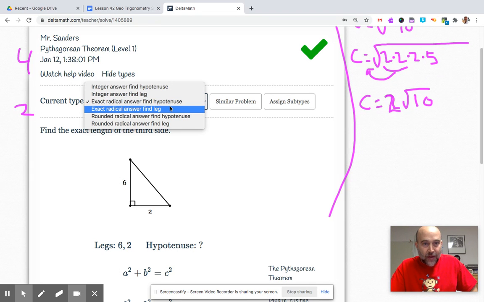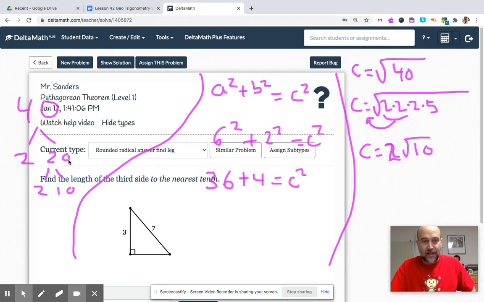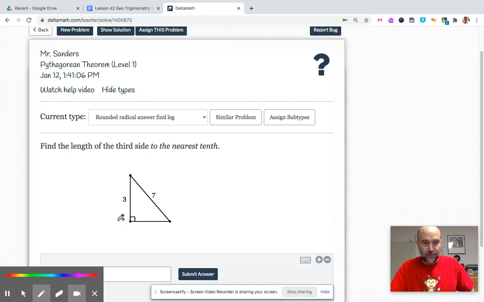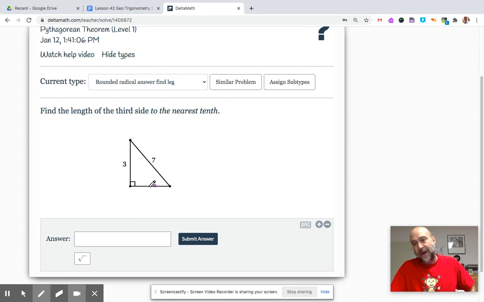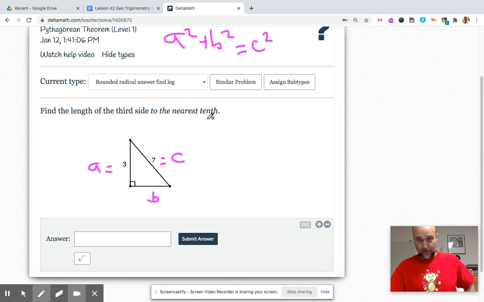Find leg, rounded radical. So the last type of problem that you'll see here, finding the leg using this technique, is exactly the same as we saw. The last one is this rounding technique. To find the leg, we'll just do it the same way. A squared plus b squared equals c squared. Write down the Pythagorean theorem. C has to be the hypotenuse, so mark that right away. I'll call this A. I'm looking for B then. So A is 3 squared, excuse me,